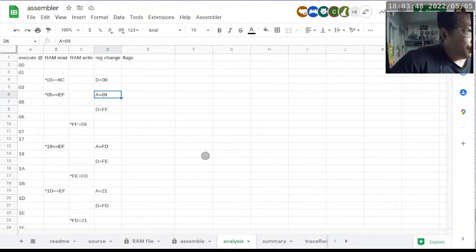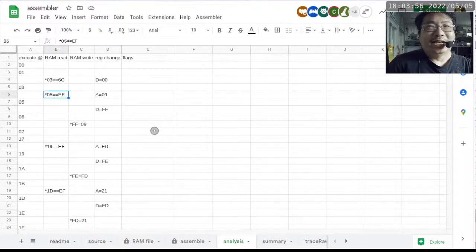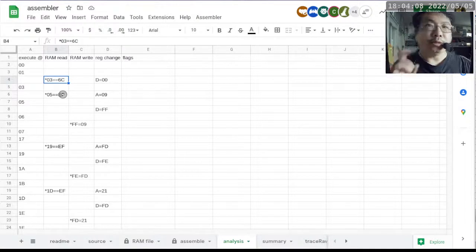How would you read cell B6? Let's go to B6. So B6 is an artifact, it doesn't make sense. Yes, this is an artifact, and so is this. It is an artifact because it's an LDI instruction, right? So as an LDI instruction,